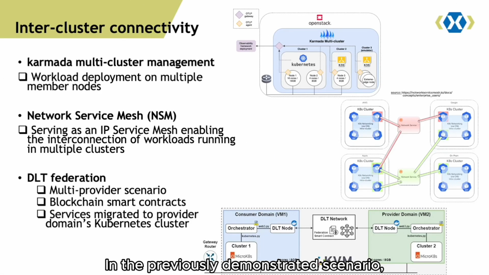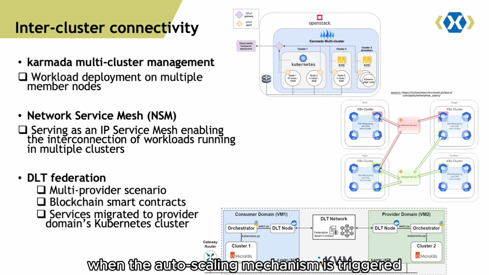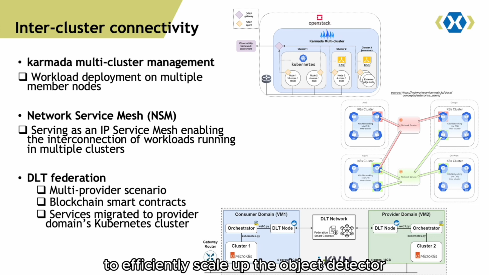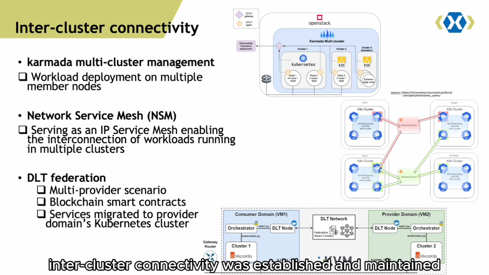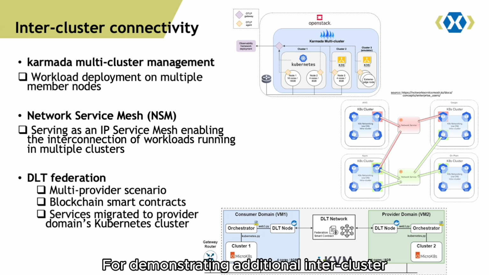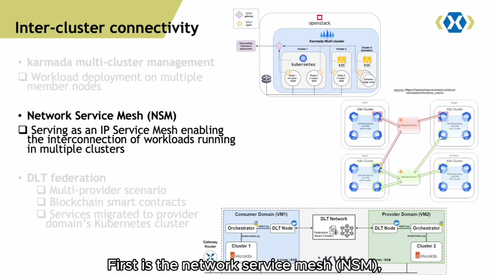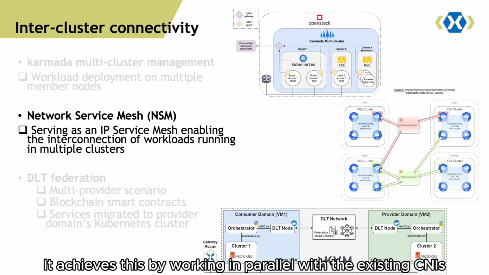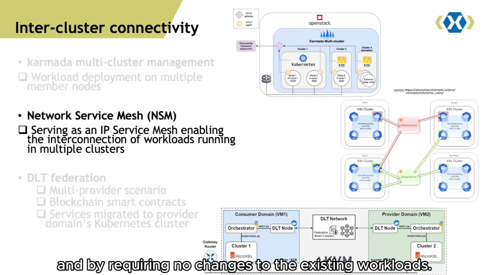In the previously demonstrated scenario, when the auto-scaling mechanism is triggered to efficiently scale up the object detector and place it to a different cluster, inter-cluster connectivity was established and maintained using the Karmada multi-cluster management tool. For demonstrating additional inter-cluster communication scenarios, the following technologies are also explored. First is the network service mesh, serving as an IP service mesh enabling the interconnection of workloads running in multiple clusters. It achieves this by working in parallel with the existing CNIs and by requiring no changes to the existing